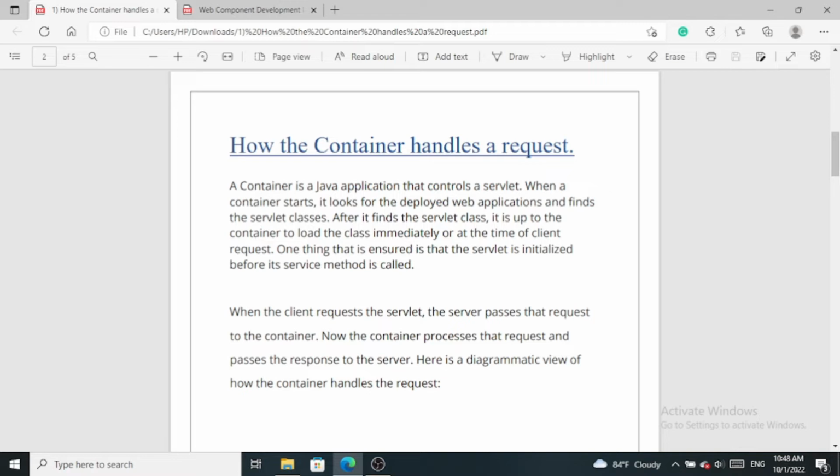Here, first of all, a container is a Java application that controls a servlet. When a container starts, it looks for the deployed web applications and finds the servlet classes. After it finds the servlet class, it is up to the container to load the class immediately or at the time of client request. One thing that is ensured is that the servlet is initialized before its service method is